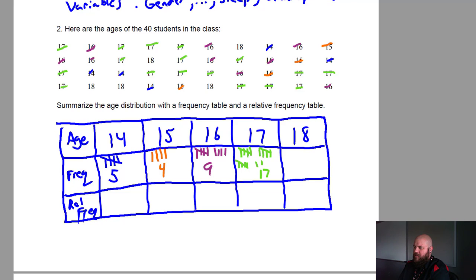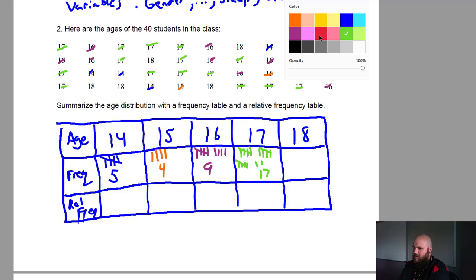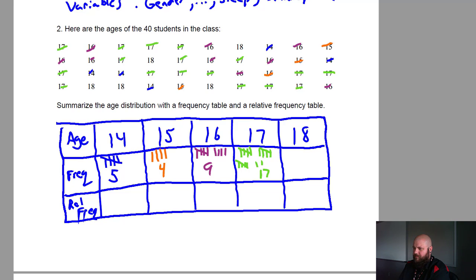And then for our 18s, let's see, what color don't we use yet? Let's use a gray color. So 18, we got 1, 2, 3, 4, 5. So we got 5 of the 18s. 5 tally marks, right, the number 5 there. All right, so now